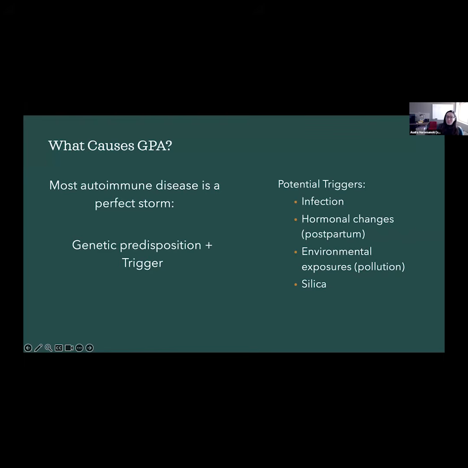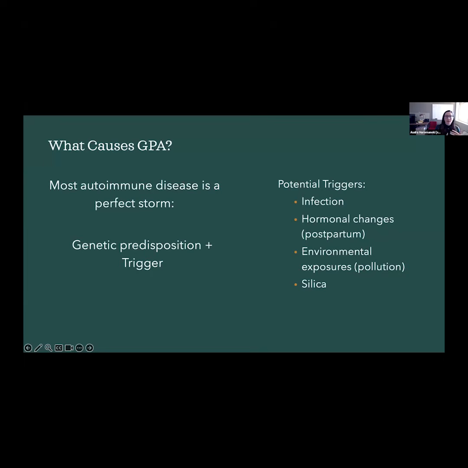Sometimes we see it in hormonal changes. So the postpartum period in particular is a really common time to develop autoimmune diseases, unfortunately. If you can imagine that during pregnancy, your immune system becomes very tolerant because it is trying to not reject the baby. But after pregnancy, your body goes through lots of different hormone changes, and sometimes it overcorrects and ends up becoming less tolerant or very autoimmune. And that in and of itself can trigger autoimmune diseases.